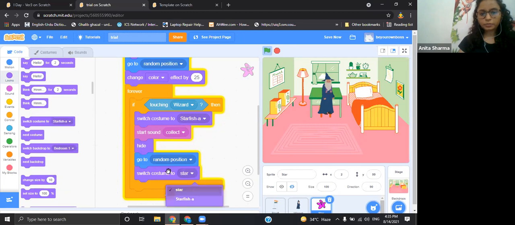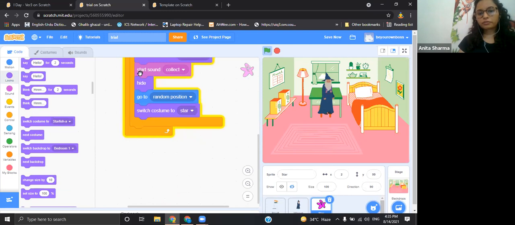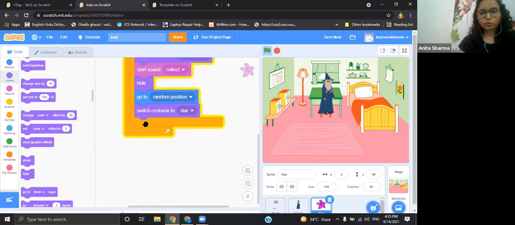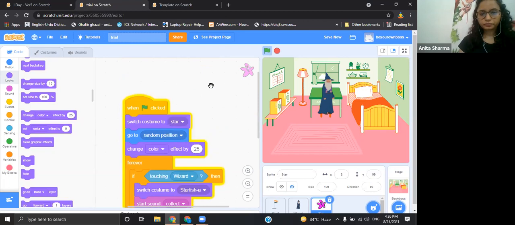Okay, it will go to random position. It will switch costume to star, but if we don't show it, it will be hiding. So there is no point. So now what we'll do, we'll make it show. Okay, so let's test this much first. I hope this is clear to you.